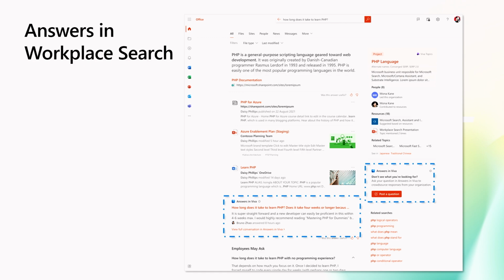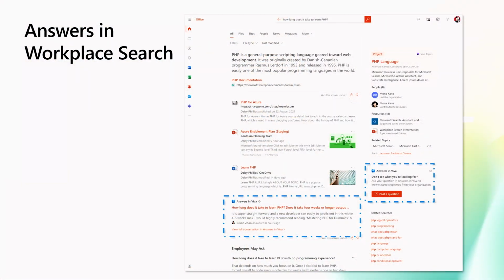And one of the key ways that you can reuse this is that we're bringing this knowledge from Q&A in Engage into enterprise search. And this really helps employees find this information, this Q&A, within the flow of their work. And if they don't get a satisfactory answer here from enterprise search, you can even see where they can click and then go back and ask in Answers, which will then be routed to an expert to answer. And then building on all of this, you'll see that our answers will shine through with Microsoft 365 Copilot, making these answers in Engage knowledge that Copilot can reason over.